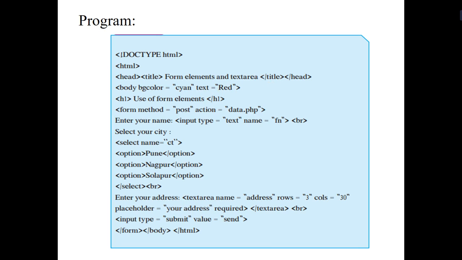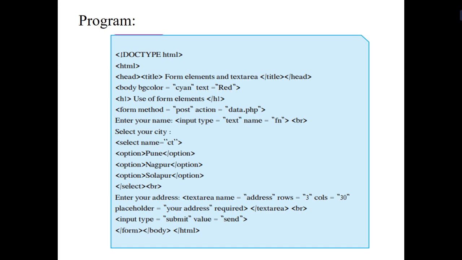Okay, now the next section is the body section. See here, the body section. Inside the body section we use the BG color attribute. Body is the tag, remember, and BG color is the attribute. BG color is used when you want to assign the background color to your document. Every attribute has a corresponding value assigned to it. So here BG color is an attribute. The value of that attribute is 9. Okay, so whatever the background color is assigned, that is given over here, and the text color for your background will be red.